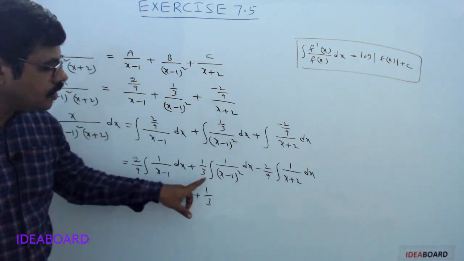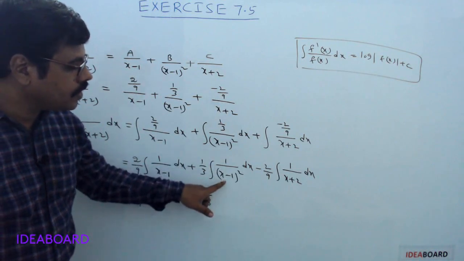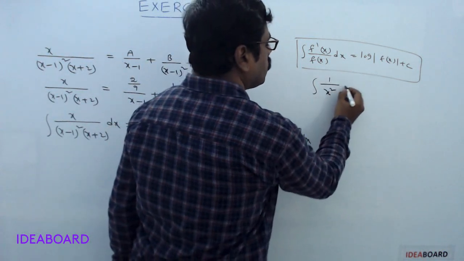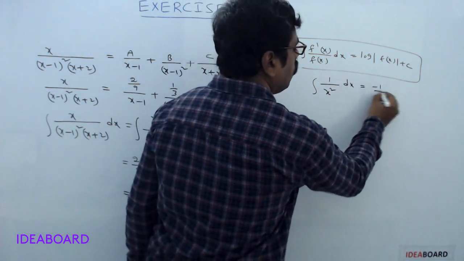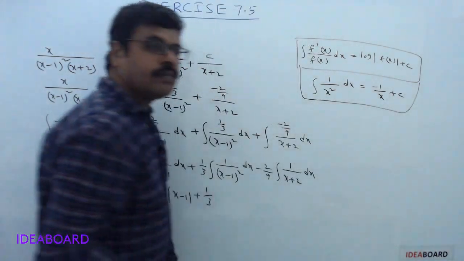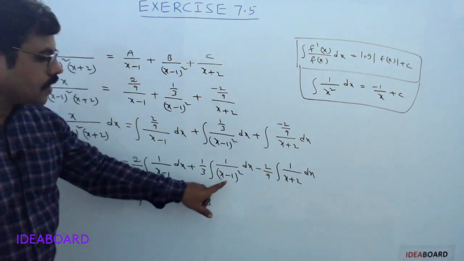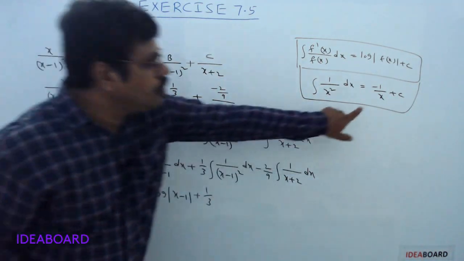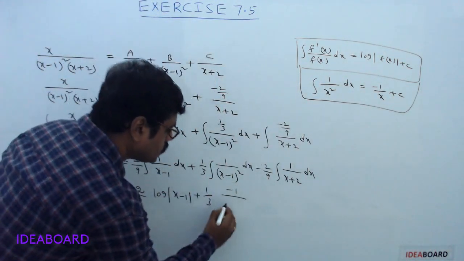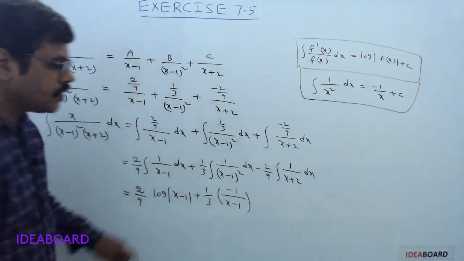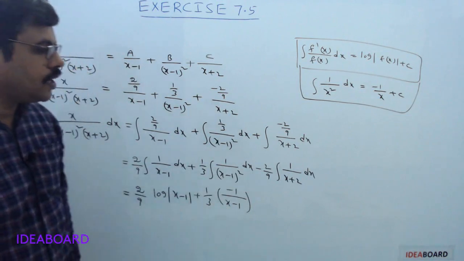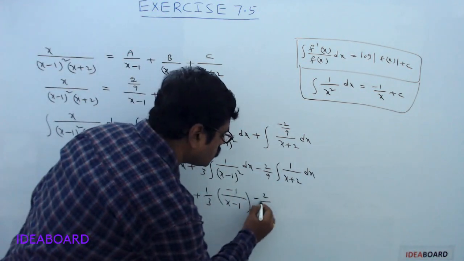It is of the form like integral 1 divided by x square dx. Integral 1 divided by x square dx equals minus 1 divided by x plus a constant c. Here in place of x, x minus 1 will be there. So use this formula, minus 1 divided by x, where x is nothing but x minus 1. Integral 1 divided by x minus 1 whole square dx is minus 1 divided by x minus 1, minus 2